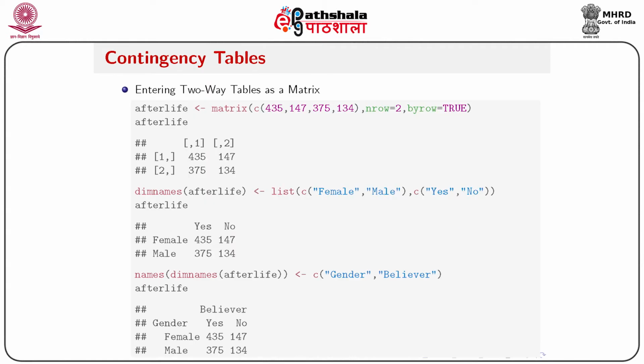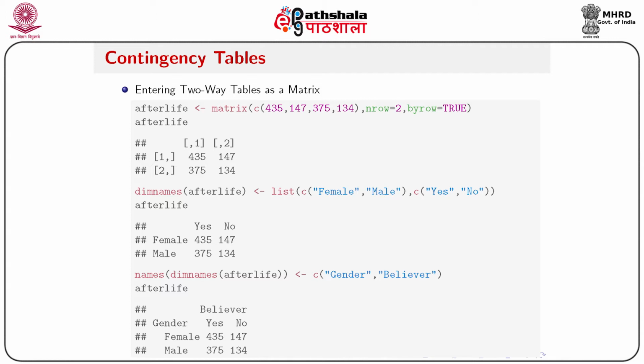Next, in the following slides, I'll focus on the exploratory part of the contingency table, especially how to construct a contingency table in R. So let me show how to enter a two-way table as a matrix, for example afterlife. This example is taken from Agresti's book. So afterlife is, suppose, matrix of c(435, ...). There are 4 elements of a vector, and that is converted into a 2 by 2 matrix with byrow equals TRUE,